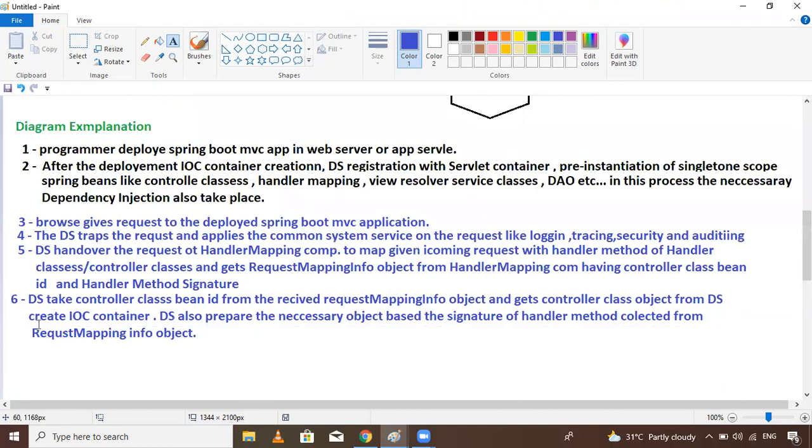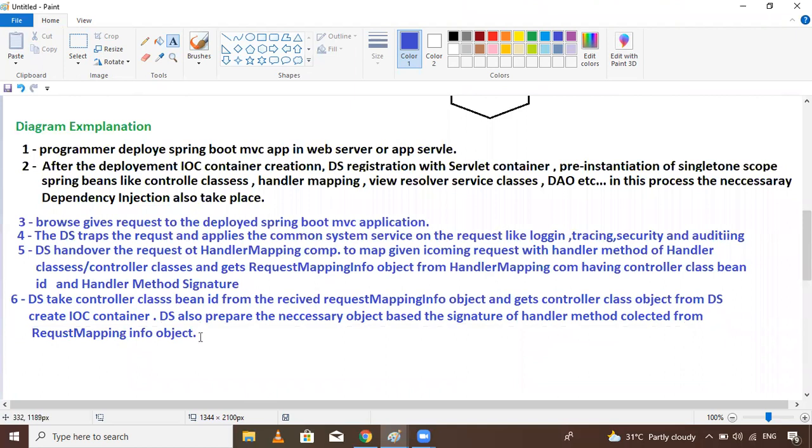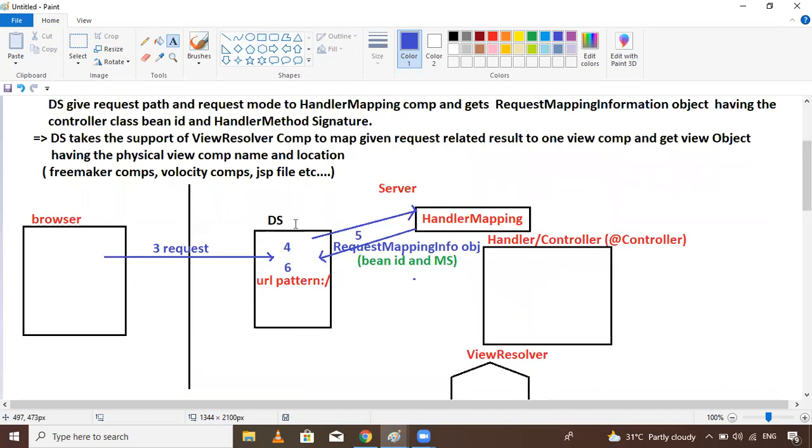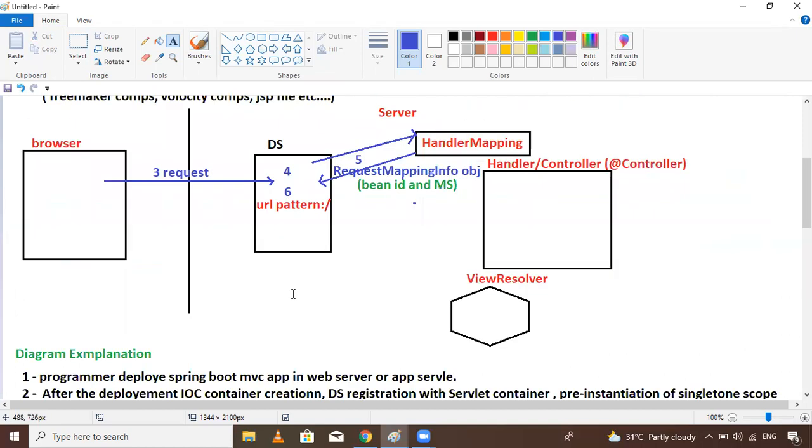Okay. So now next, create the IOC container. From the dispatcher servlet, create the IOC container. Dispatcher servlet also prepares the necessary objects and the signature of the handler method, collected from the request mapping. That's it. Now the seventh step says, guys,